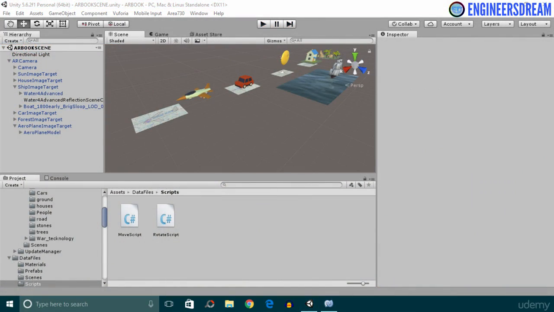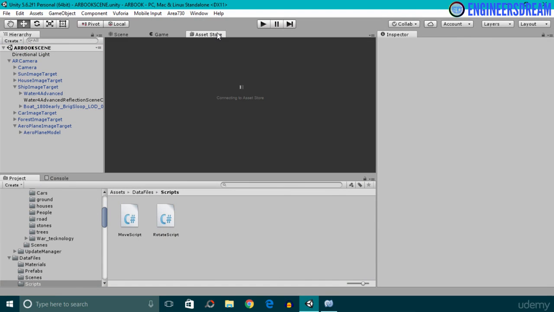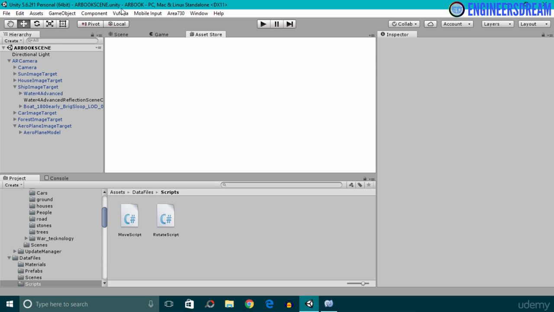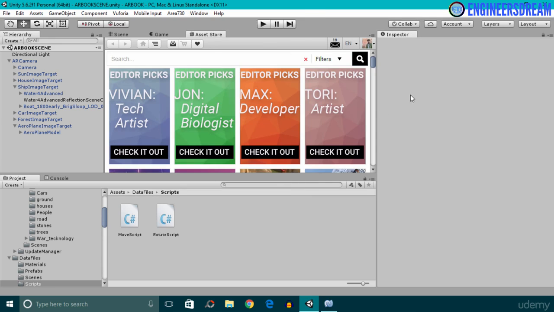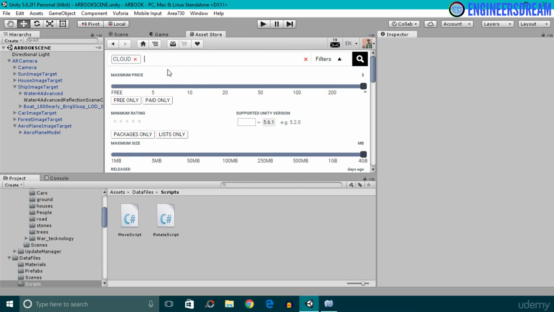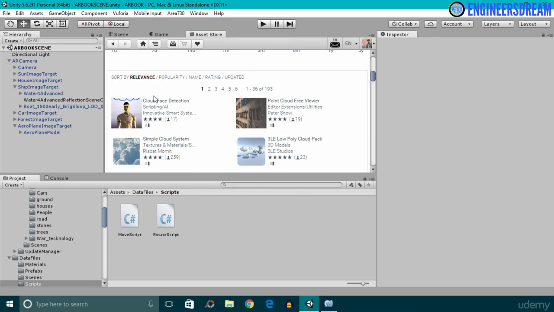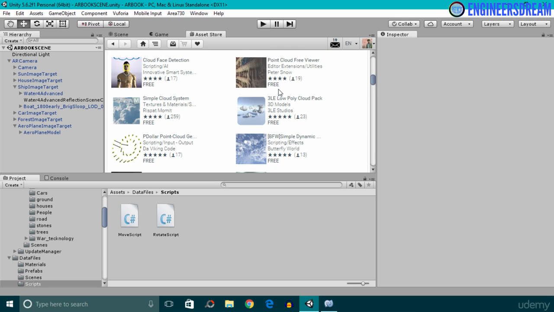Now for adding the cloud models inside a scene, we will first download some cloud assets. So I'll click on the Asset Store tab. If the Asset Store tab is not available over here, then you can click on Windows and then click on the Asset Store option from here. So with the Asset Store loaded, inside the search field I'll type cloud. Now the cloud asset which we are looking for is free, so I'll click on free only. After this I'll scroll down and as you can see,